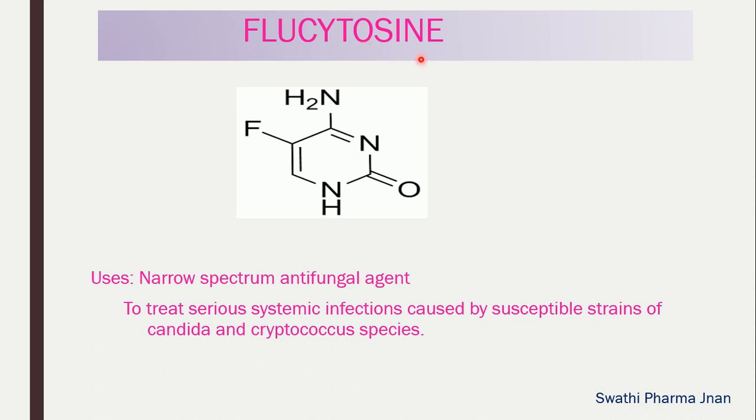Next structure is flucytosine. Flucytosine is under the class of nucleosides. This flucytosine structure contains pyrimidine as the basic nucleus. You can see here a six-membered ring containing two nitrogens at first position and third position. One is saturated nitrogen and another one is unsaturated nitrogen. This structure is pyrimidine structure. To this pyrimidine at fifth position, fluorine is present. That's why flu. So here we got a clue that a fluorine atom is present at fifth position. One ketone group is present at second position, and at fourth position amino group is there.